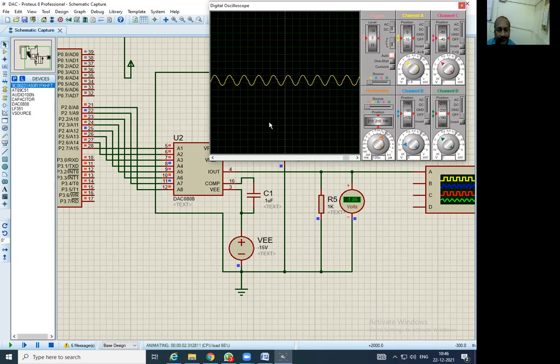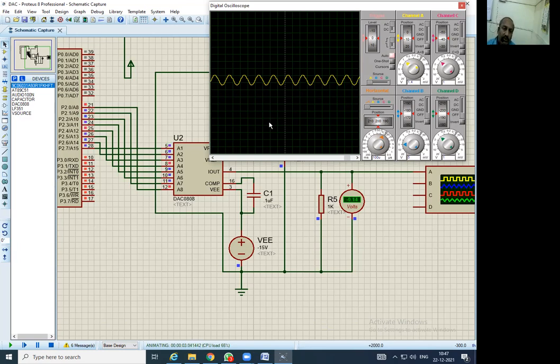Accordingly, you can use the code for square wave generation, compile it, and add this hex file into the same diagram. So you will get the square wave here, no issue with that. That will be the homework for you. The code is already given in the Word file.